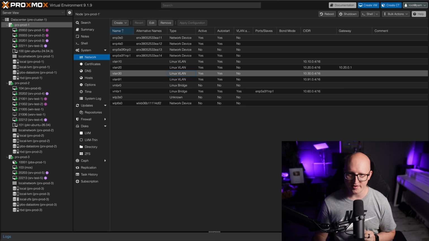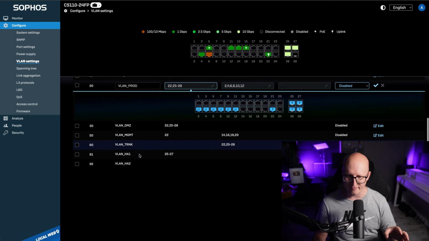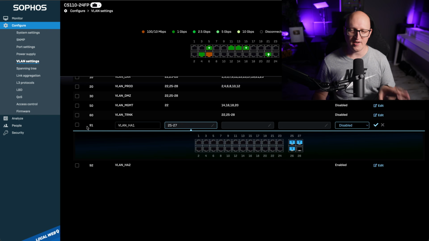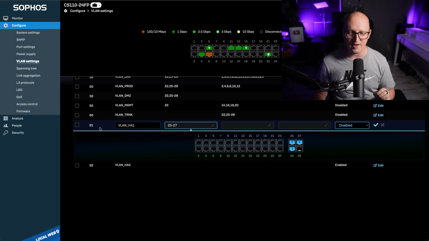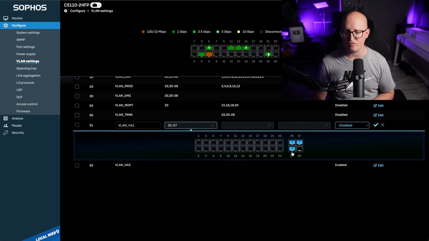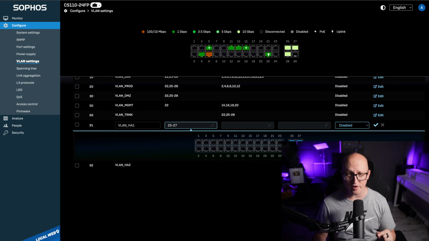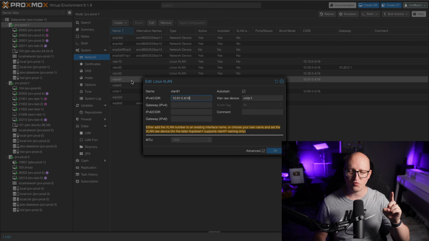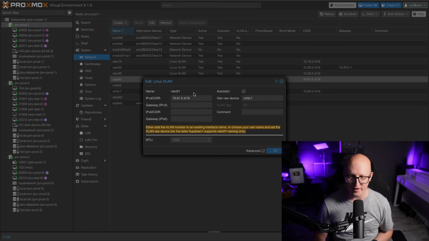So what I've done is I basically created another VLAN that is called VLAN HA 91 and sent out traffic to this VLAN 91 as tagged network traffic on port 25 to 27. And then what I've also done in the Proxmox cluster, so on all three Proxmox nodes, it was really important, add also a VLAN 91 interface with that IP address,